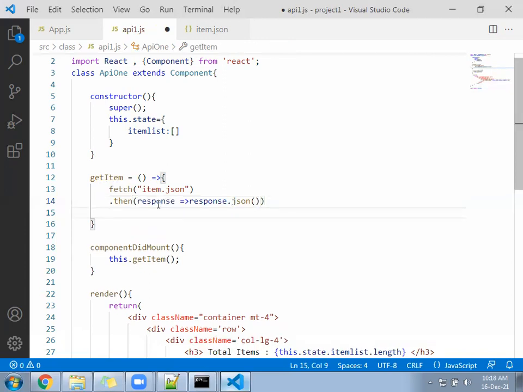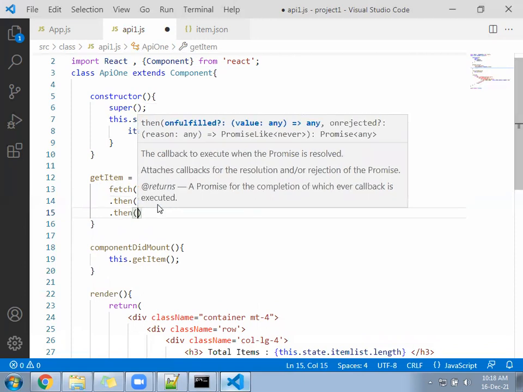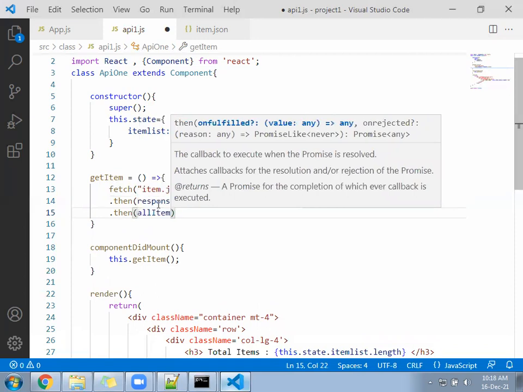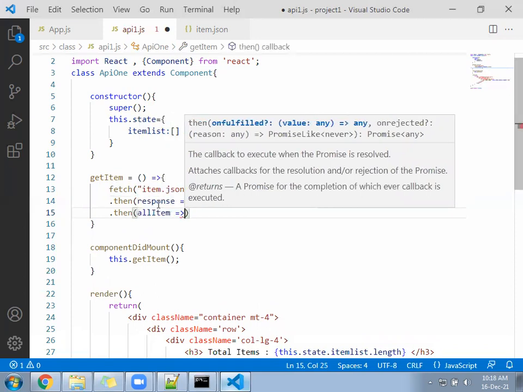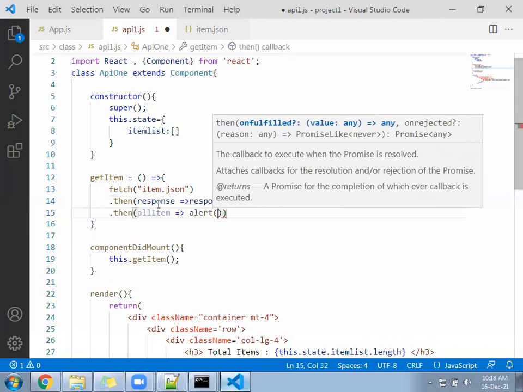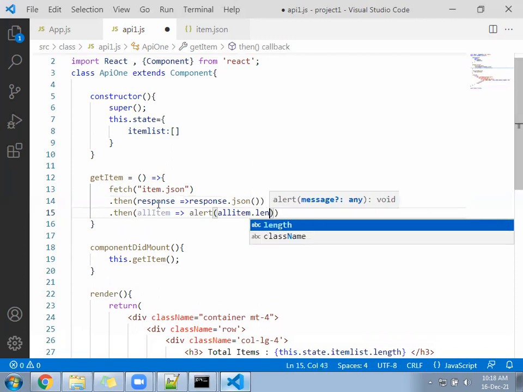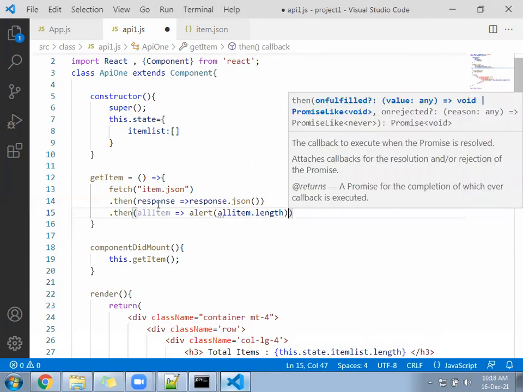You have to apply the then function again to receive the data as an array. Then we can write an alert here, allItem.length.